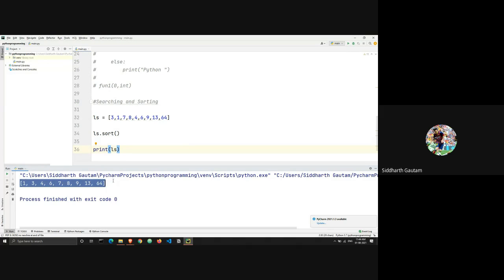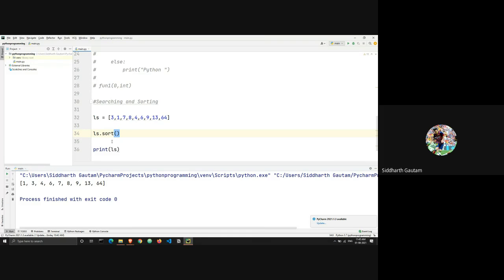And the list got sorted, right? Sorting means that the elements in the list are in different orders, right? Like first there's 3 1 7 8 4. They aren't in an ascending or a descending order, right? Which is why if you want to make it in an ascending order, the smallest number first and the highest number in the end, in that case, you just have to implement the sort method or the sort function, and you can just print the list and it will be sorted.